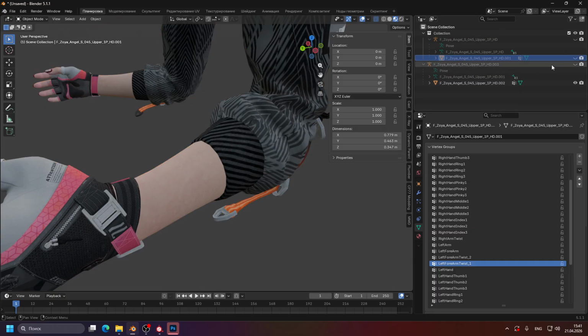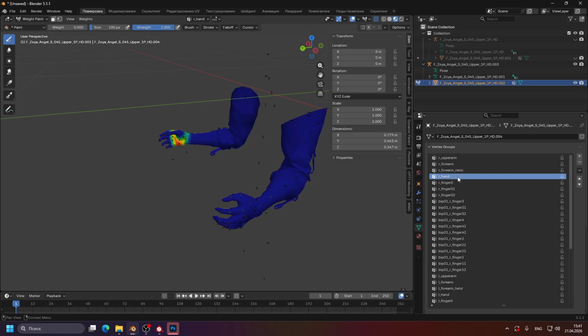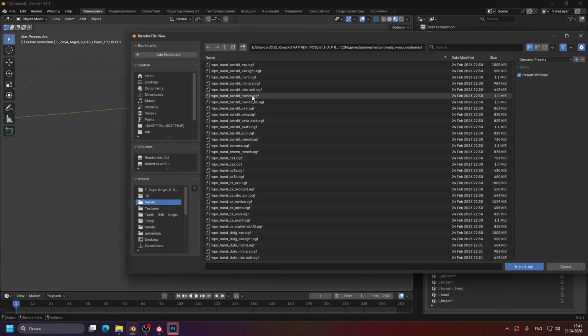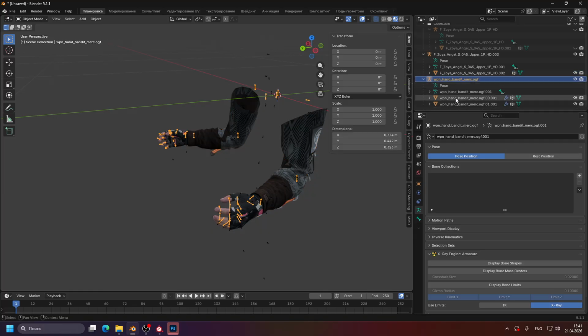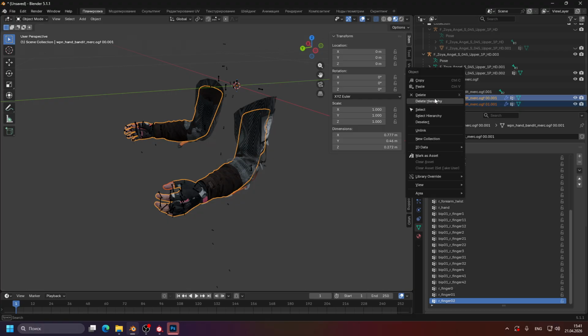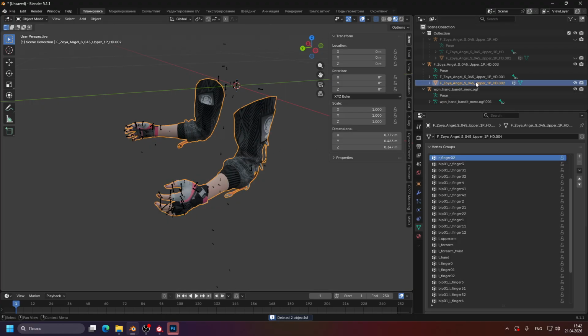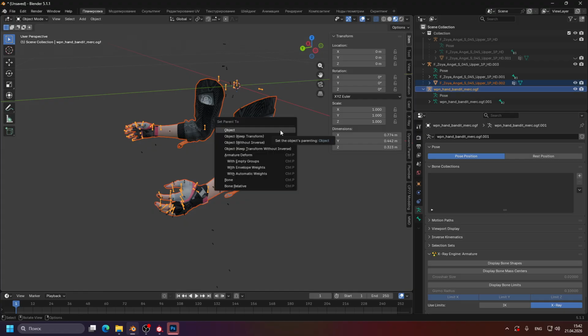Now, when you have everything done, like here, it's all done. You can just import the hands back in, remove the banded marks. Now delete the object like this, or just by pressing X. There you go. Now you select the model, you hold down Control on the stalker's skeleton, Control P, and